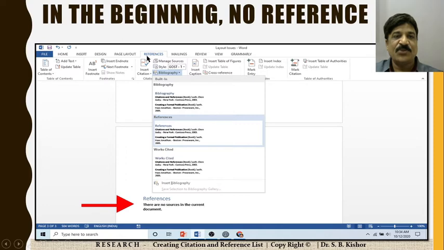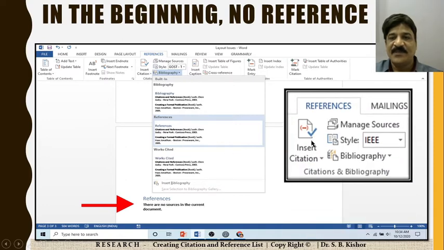Okay, and remember, this is your References tab. Under this we have basically 5 options. Let's see: Insert Citation, then Manage Sources, then Style, and Bibliography. Whenever you are going to use certain sources, you are always going to specify what? Insert Citation. Now if you want to edit certain sources, then you can use what? Manage Sources.